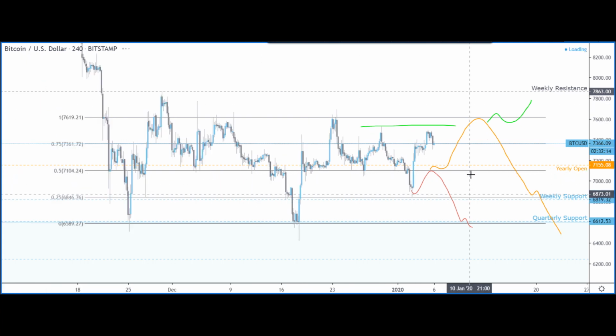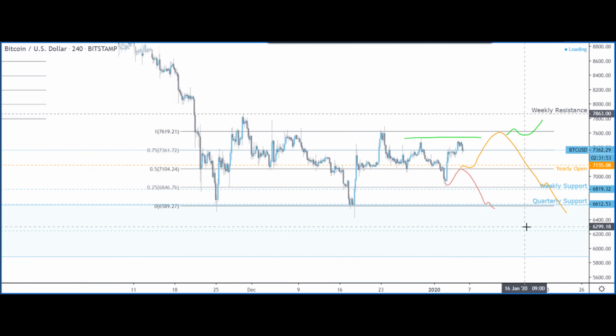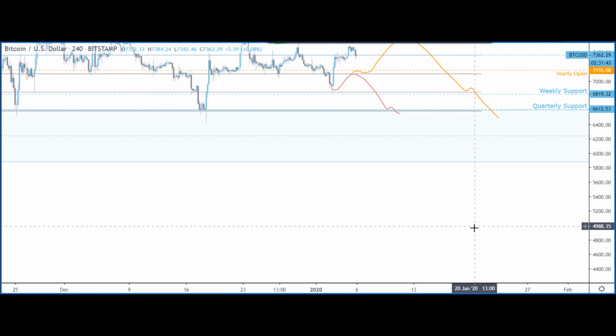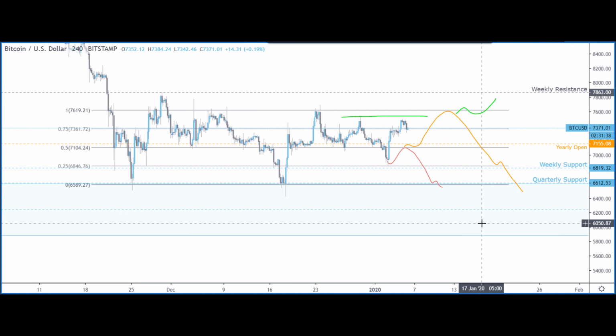That's essentially what I'm looking at, is for at least this high to be taken out, and for us to get either a slow bleed or a move like this, which is slowly expanding to something which becomes a bit of an acceleration and takes out these levels. I think this 5800 level is quite important for BTC. So if we do get here, there's a lot of people waiting for price to get to the 5k levels, and that's the only reason I'm thinking we don't go lower,